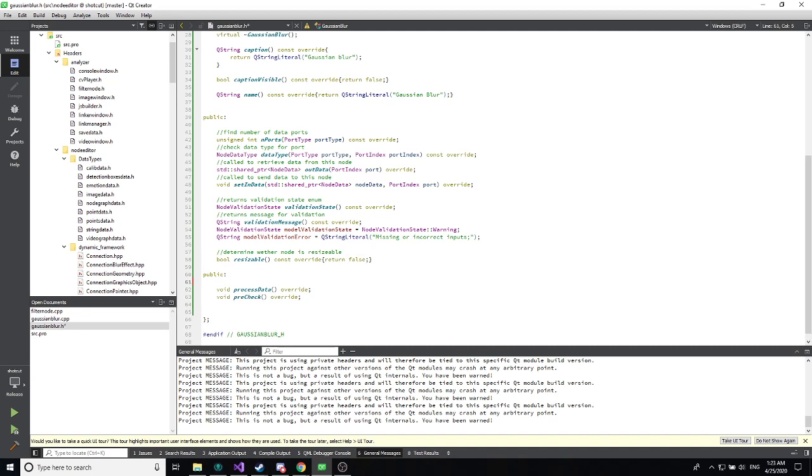So the processing function, and this is the check for data readiness. And also, since these are the main functions that we're going to be calling, we actually want them to be slots. And all this means is that